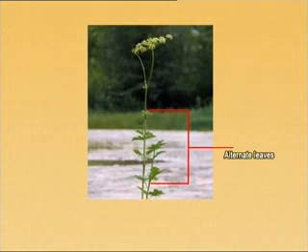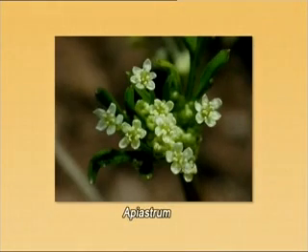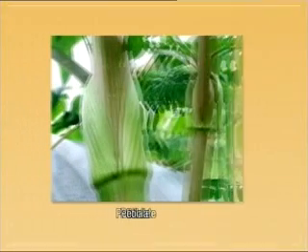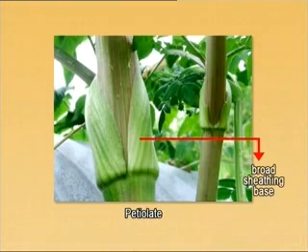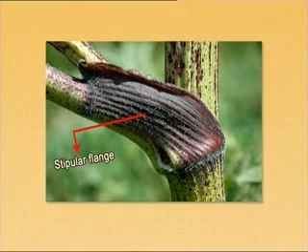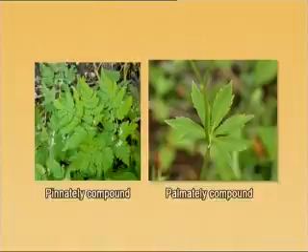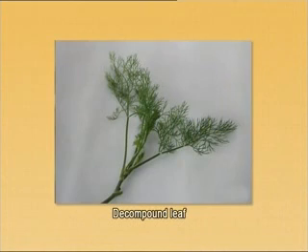Now the leaves. The leaves are alternately arranged in a spiral fashion. But rarely we see, in some cases, in the Apiaceae, leaves that are opposite. The leaves are mostly petiolate and they have a broad sheathing base. The leaves are exstipulate and sometimes they can be with stipules. The leaves are not simple, but they can be pinnately or palmately compound. But often we see that these leaves are decompound.